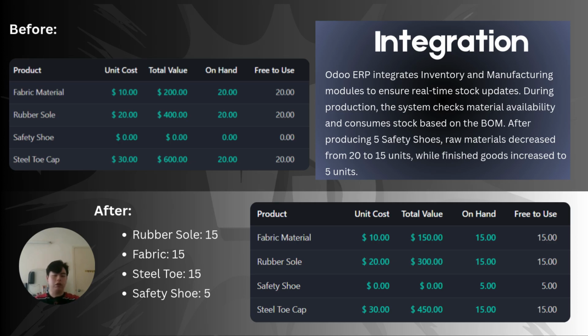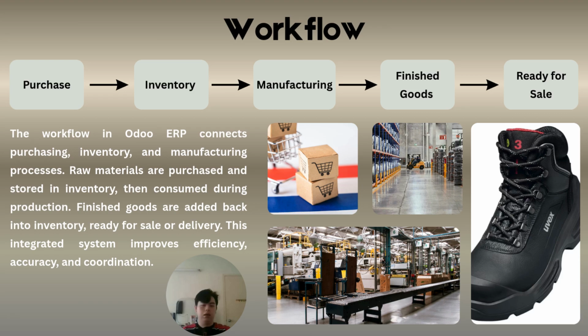After producing 5 units of safety shoes, the quantity of rubber sole, fabric material, and steel toe cap decreases from 20 units to 15 units each, while the finished product stock increases to 5 units. These real-time updates highlight the effectiveness of system integration in maintaining accurate inventory records and supporting efficient production planning. Next. Finally, the stock flows and production workflow in Odoo ERP illustrate how purchasing, inventory management, and manufacturing